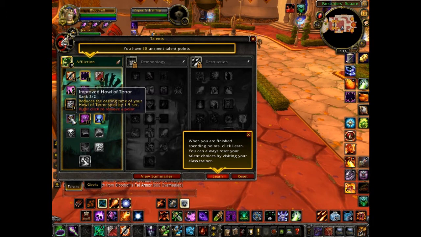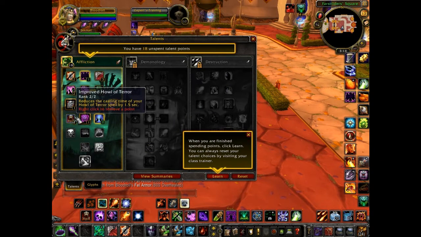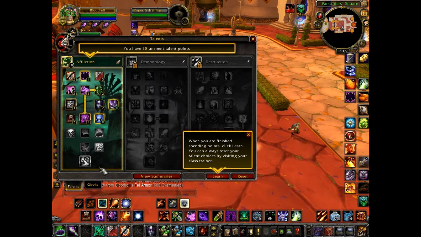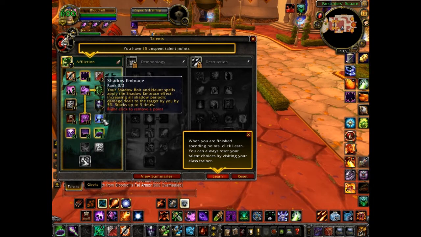Improved Howl of Terror. Yeah, I like having that. It's great for PvP and stuff. You may or may not opt for this if you're going for a hardcore rating DPS build, but that will ultimately depend on your playstyle. So do not interpret this build as a hardcore DPS build. It is mainly supposed to get all of these spells that I can from Affliction, and then illustrate what they do with the new mechanics and the new Soulburn spell. Shadow Embrace. Your Shadow Bolt and Haunt spells apply the Shadow Embrace effect, increasing all